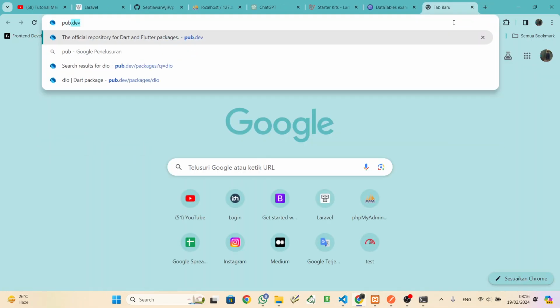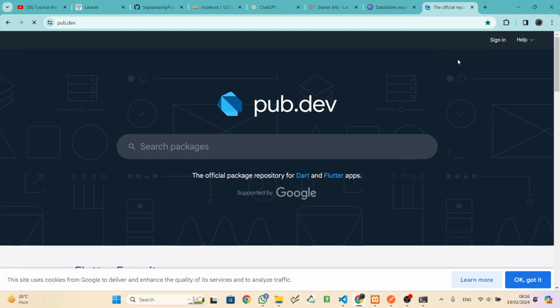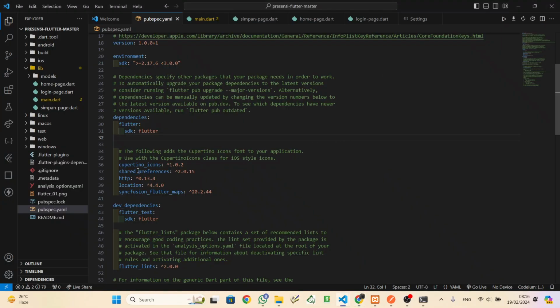Open pub.dev and search for shared_preferences, http, location, and also flutter_map. And after that, Control S or run flutter pub get if I'm not wrong.